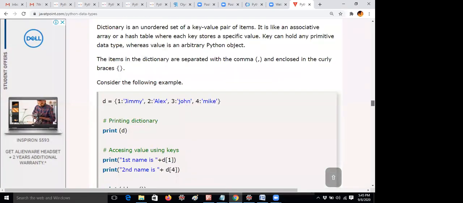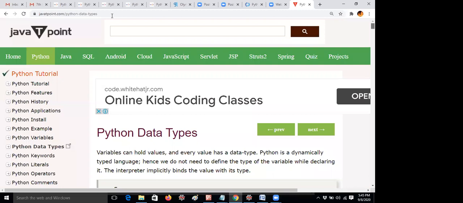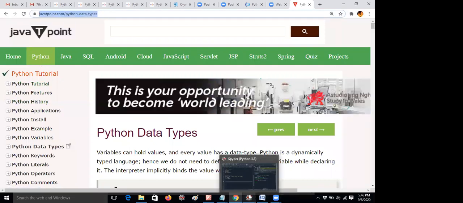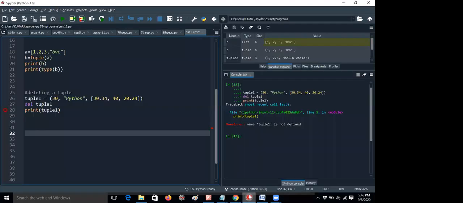This is one of the good websites. If you want to practice any other programming language, not only Python, if you want to learn C and Java on your own, this website is very useful for you. But I'm not preparing the notes from that website. Hope you understand. You can check it also.